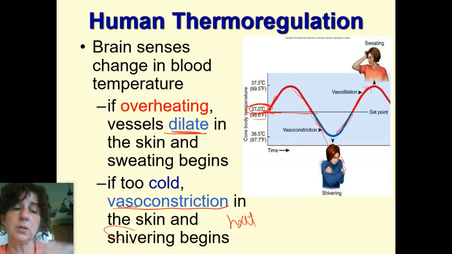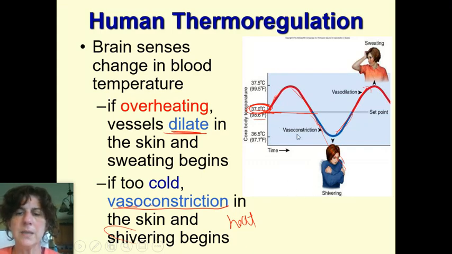So you kind of alternate between those two, not the two extremes of like profuse sweating and profuse shivering, but a little bit in between those two, and you constantly maintain at a normal. So you're a little bit warmer, a little bit cooler, a little bit warmer, but you're not overly one way or the other, right? Because if you get to the point where you're overly one way or the other, you're really kind of hitting the end points of it. So like walking outside at Houston, you're going to start sweating right away because we just hit that too high point.